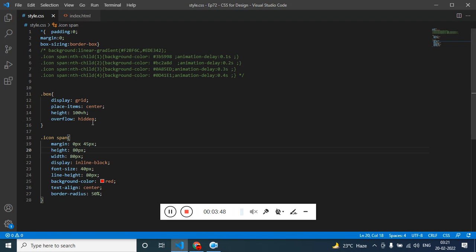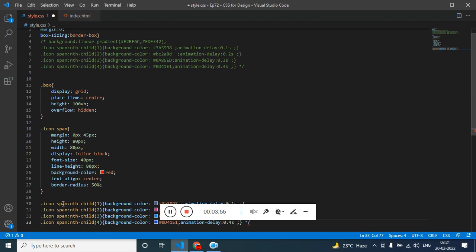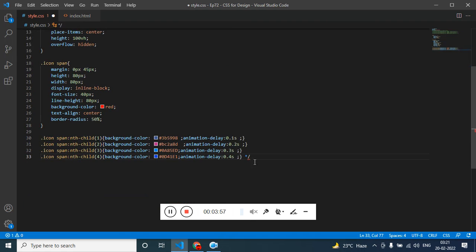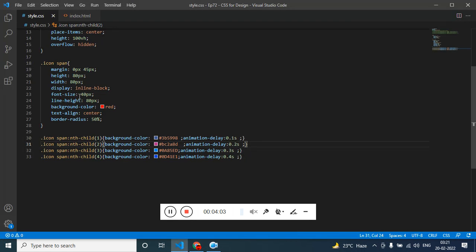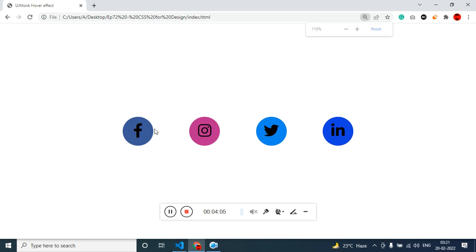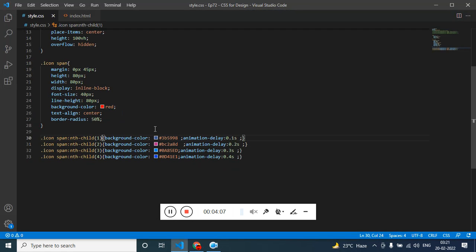And each of them is going to have a separate color. So this is it. I'm calling it with the help of nth-child. Refresh it. So this is how it looks. If you want, you can increase the size. I'm just going to zoom in. No, let it be. Instead of 45, let's just make this, let's increase the